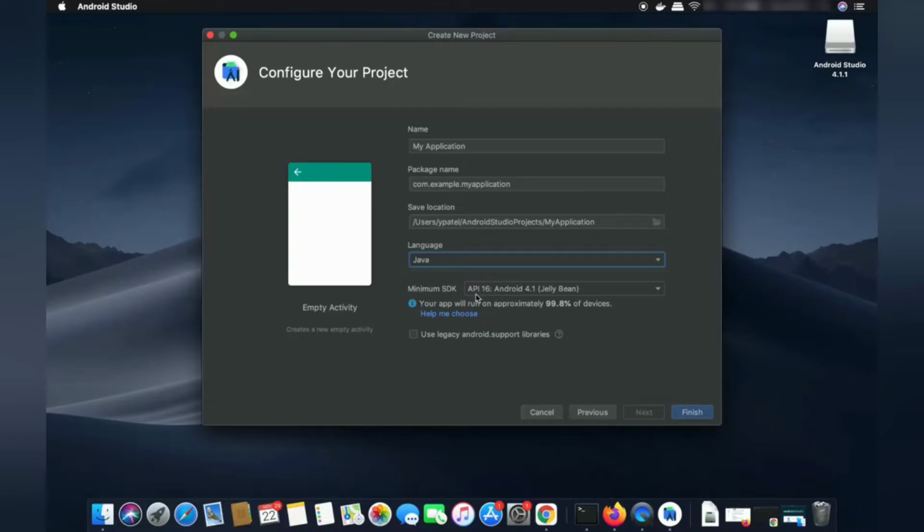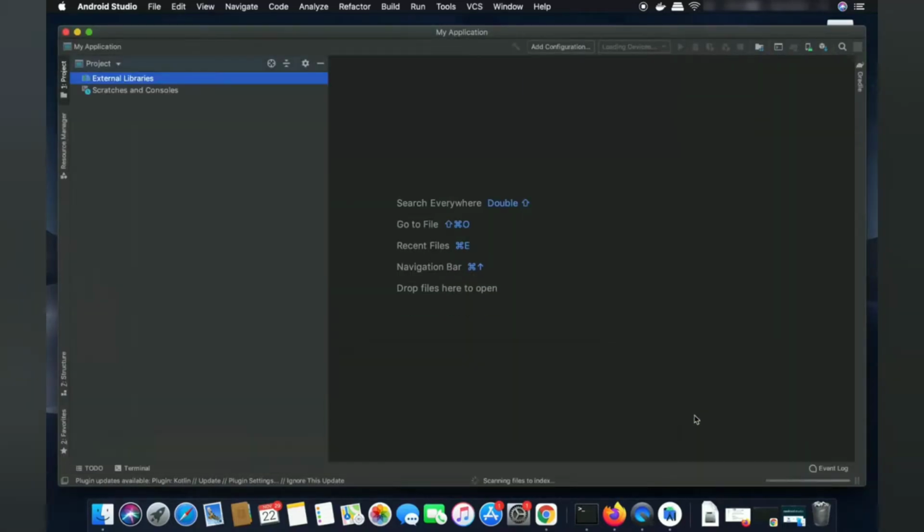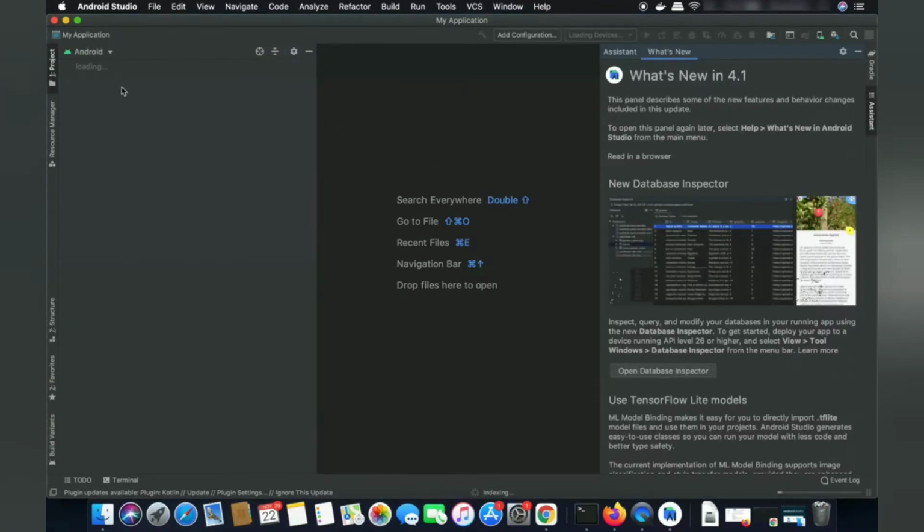So I will leave it as default, which is API 16, which will cover approximately 99.8% of devices. You can also choose different API version from here. So once you are done with the setting, you can click on finish, which is going to create your Android Studio project. So you can see this project is loading, so just wait for some time until the project loads,